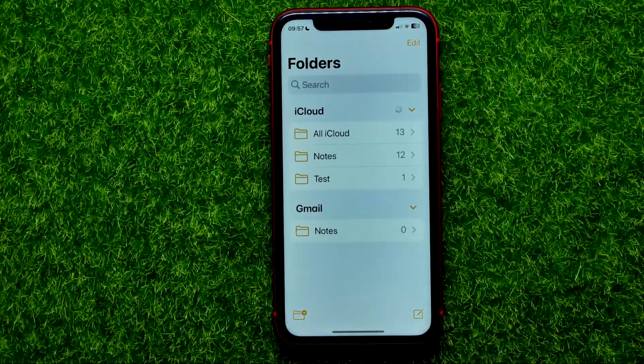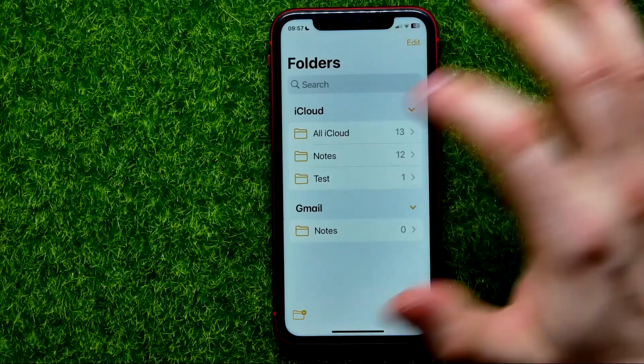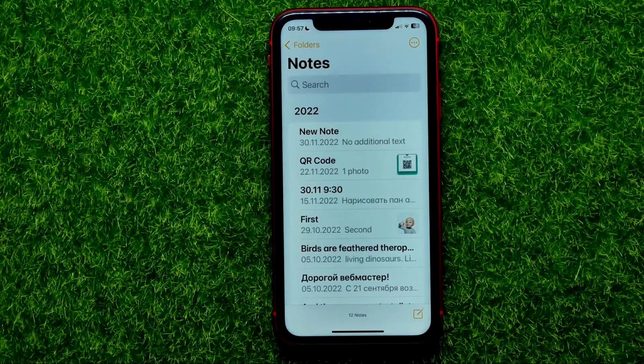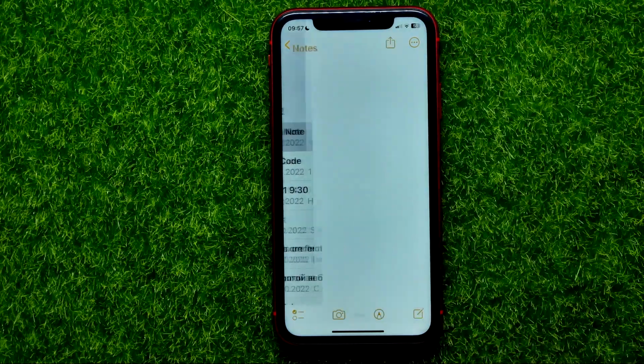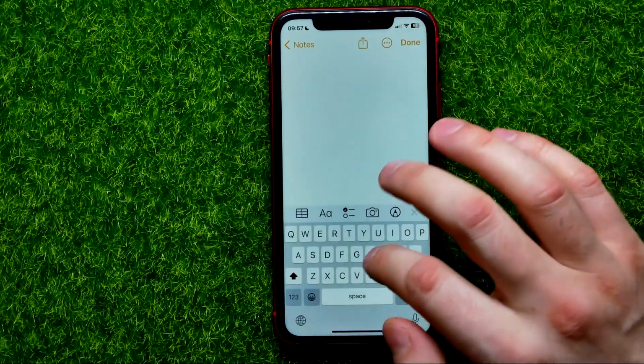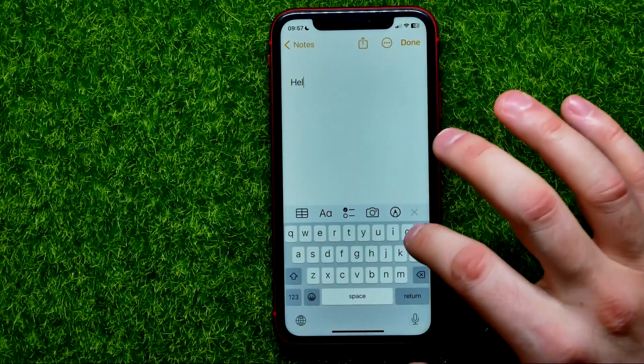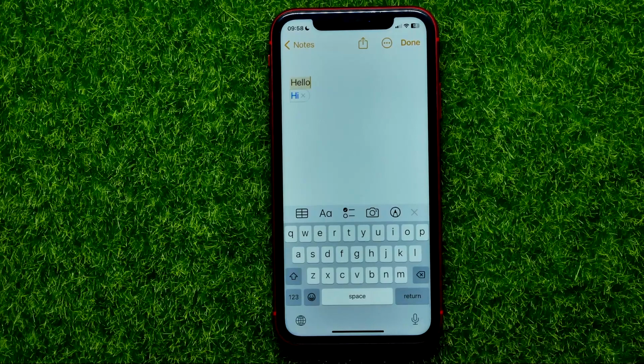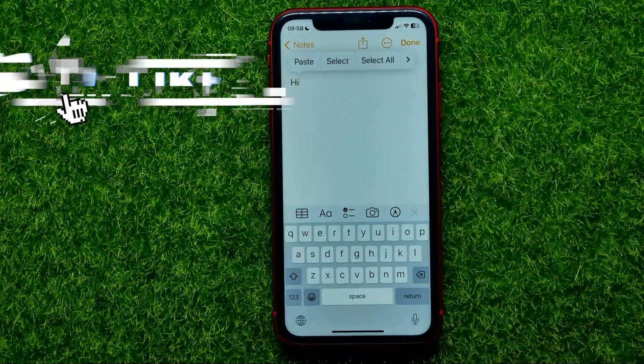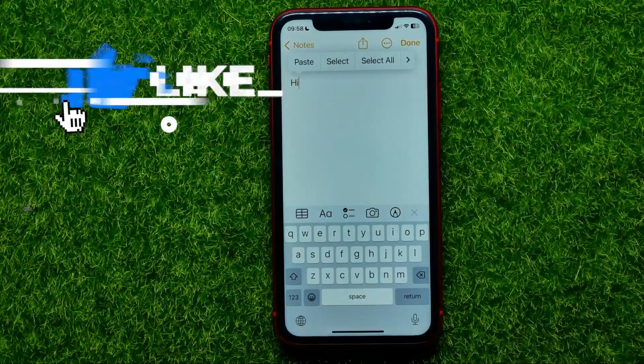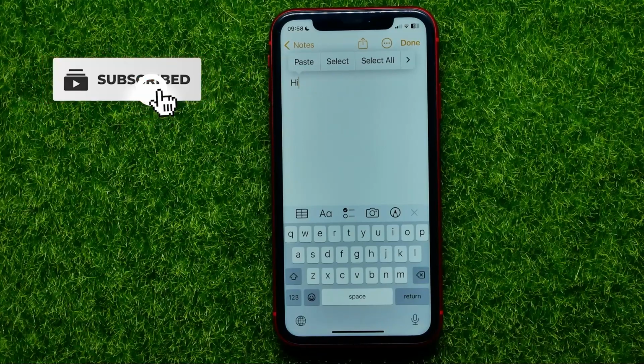So let's begin, and first open up Notes app. Then just get into some note. Let it be that one that's empty. Actually, I'm just gonna type in here some text, and now if you want to share this note with someone,